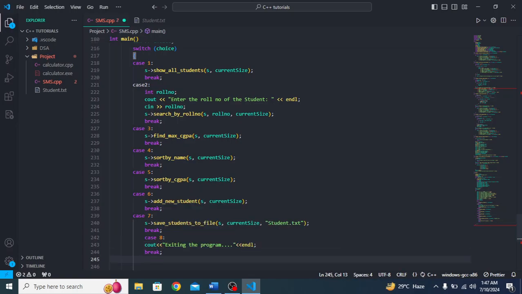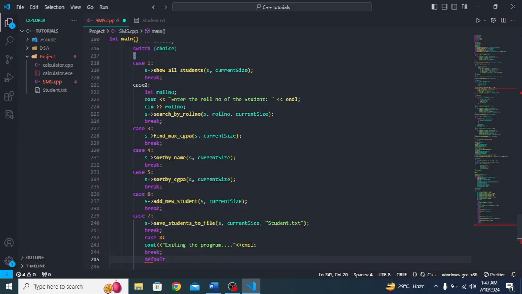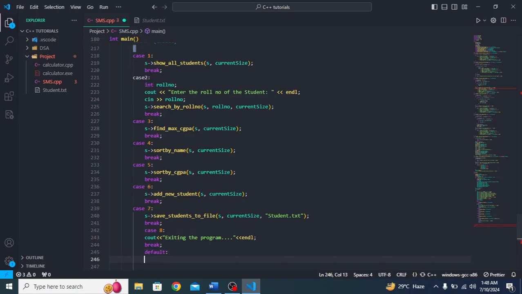Okay, and then we can also add a default case. What the default case would do is that if the user accidentally enters any number other than 1 to 8, I could print to the user invalid choice